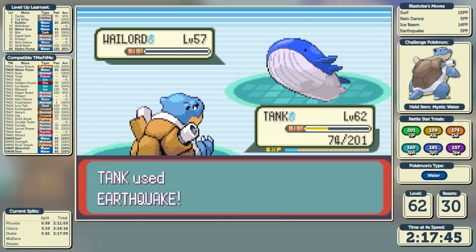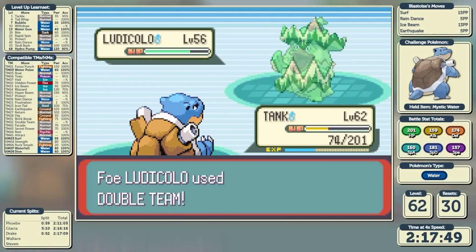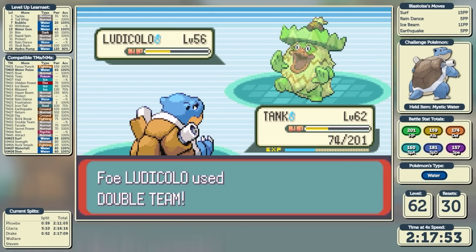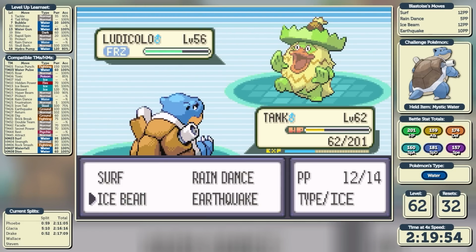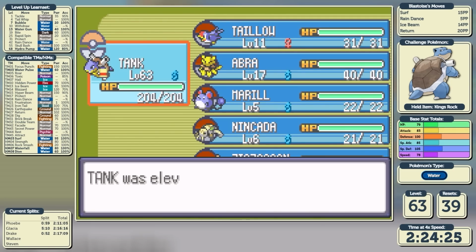And I would argue, at least on first impressions, his first 2 Pokemon are absolutely the hardest 2 Pokemon you will come up against. That Wailord is incredibly bulky, and then we have a double teaming Ludicolo with Giga Drain, and no matter what I did, I could not get through this thing. It also has Swift Swim,